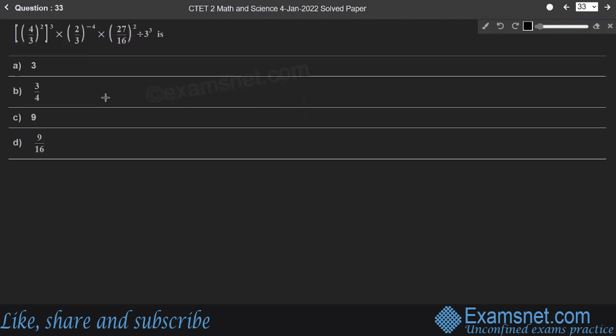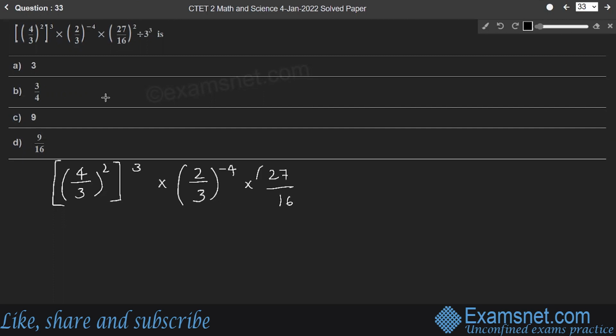So let us write 4 by 3 whole square whole to the power of 3 into 2 by 3 whole to the power of minus 4 into 27 by 16 whole square divided by 3 cube, which is equal to,